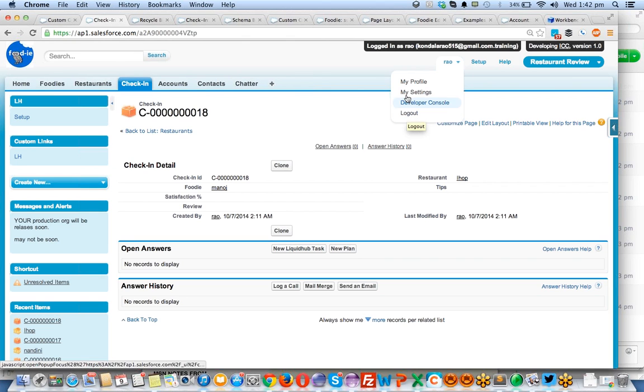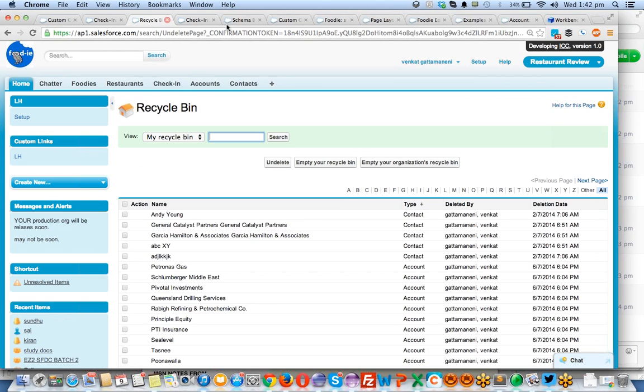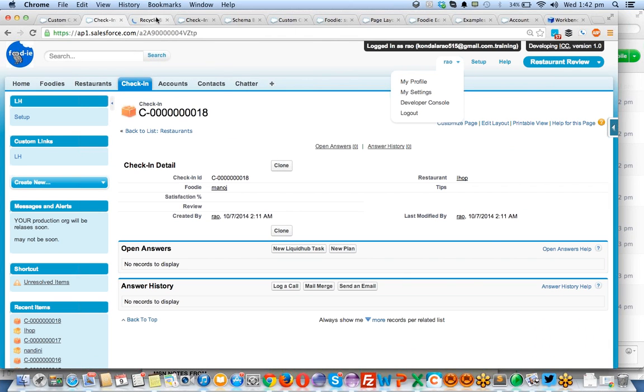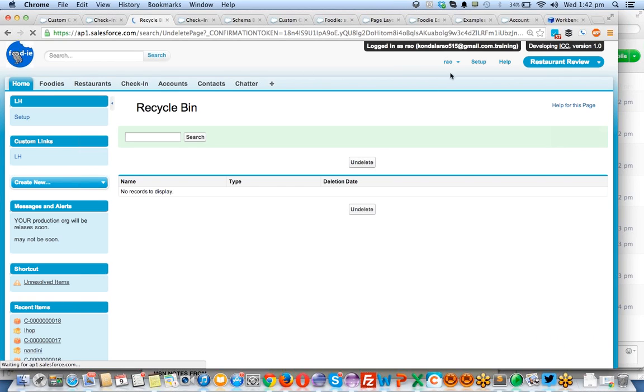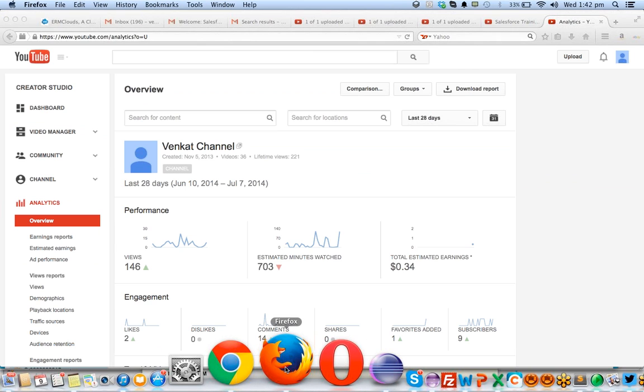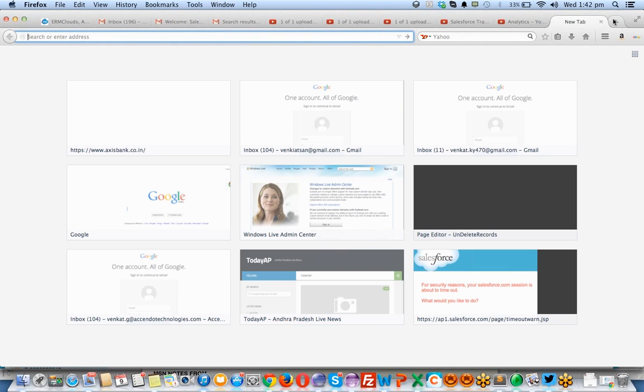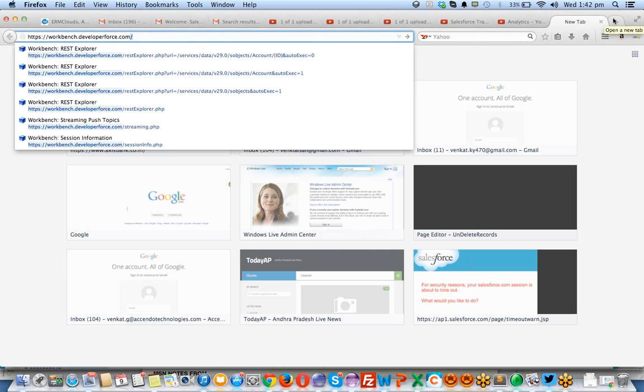Suppose I have opened some other tabs which are in my session. I'm trying to refresh now. See the login, this is my session. I click on refresh and it automatically changes to here. At a time, only one session will be executed in Salesforce in the same browser. If you want to log in as a different person, just open a new one. If you want to open your profile, you can click here.